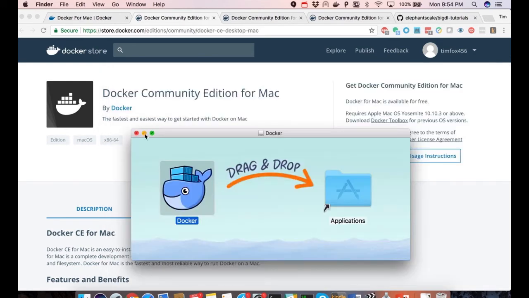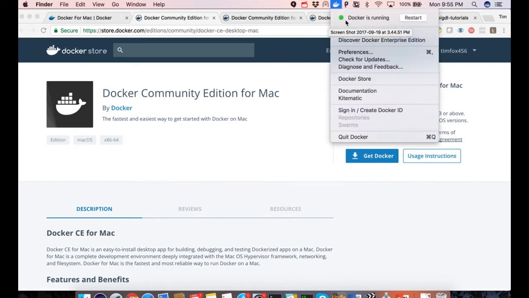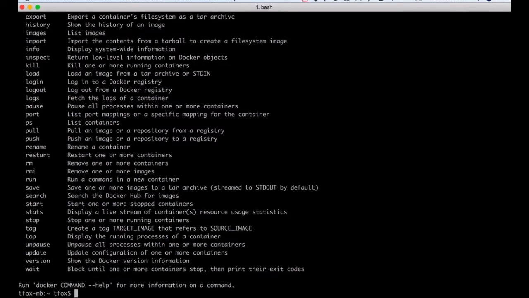Now that I've installed Docker, I'm going to check that Docker is running. Here I can see, indeed, Docker is running on my platform. That also will enable the Docker command to come from my command line, which is what I'm going to do. The next step is I'm going to pull the latest image of the Elephant Scale BigDL Sandbox from Docker Hub. Now we should have downloaded Docker for our platform, and that will allow us to do containers. So we can test this by just checking to see if Docker is currently set up on the command line, and it appears that it is.